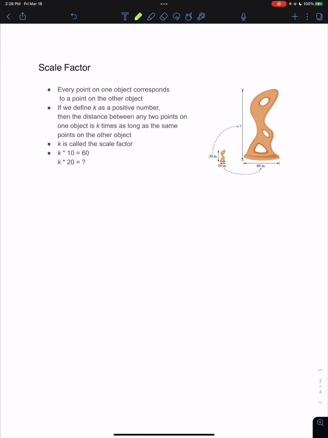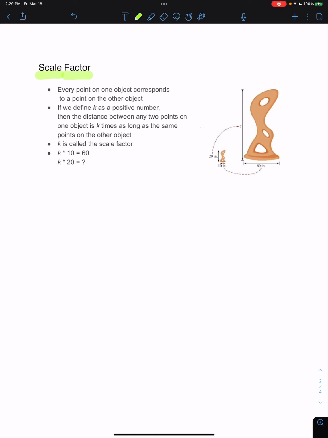When we talk about similarity and two similar figures, there are a couple of ways that we can use similarity to solve problems. One of them has to do with having a scale factor for our similarity. And so with a scale factor, every point on one of the objects corresponds to a point on the